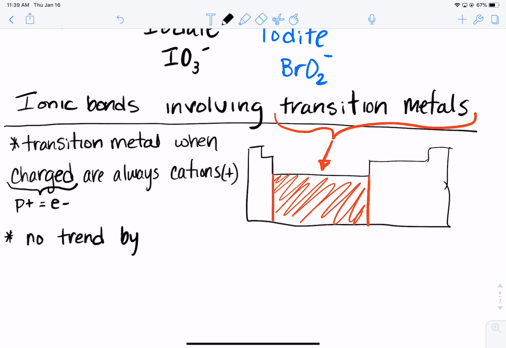by columns. And what do I mean by that? You know how this first column is always plus 1? You know how the second column is always plus 2? Column 13 over here is always plus 3. You can always count on that to be true. Well, transition metals, this is what you were asking, I think, Sabrina. Transition metals, there is no trend by column. It's not like this column's always plus 1 and this is plus 2 and so on and so forth. There is no trend. And in fact,